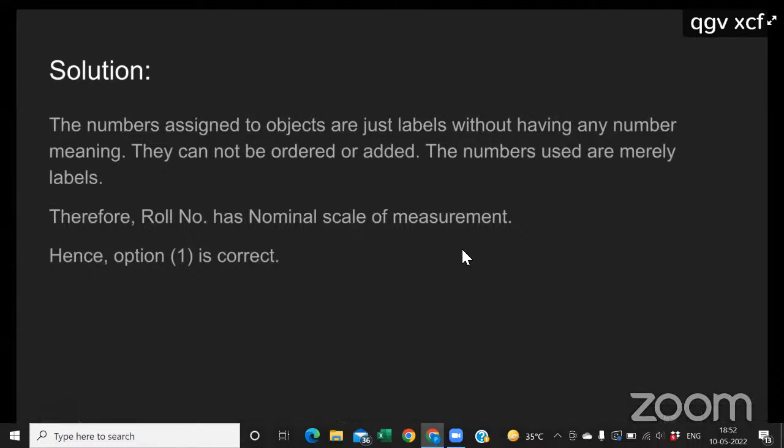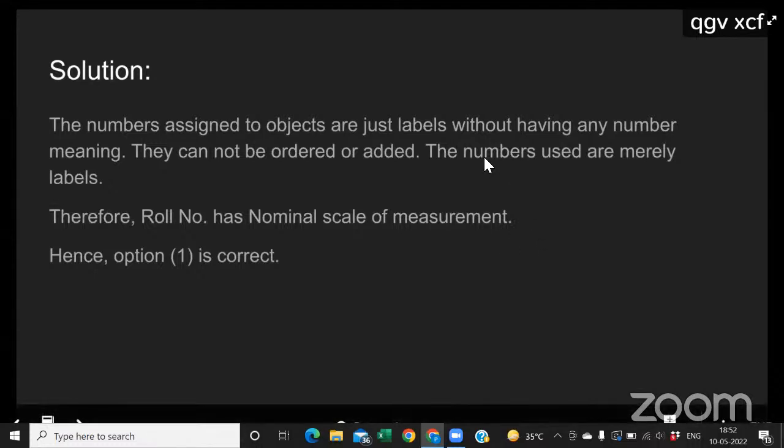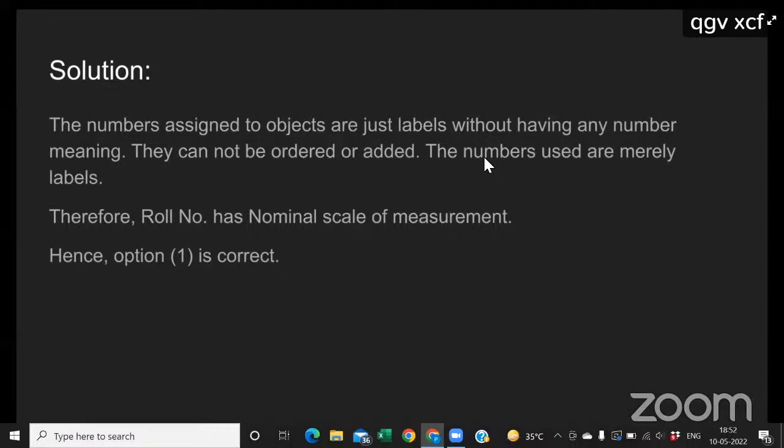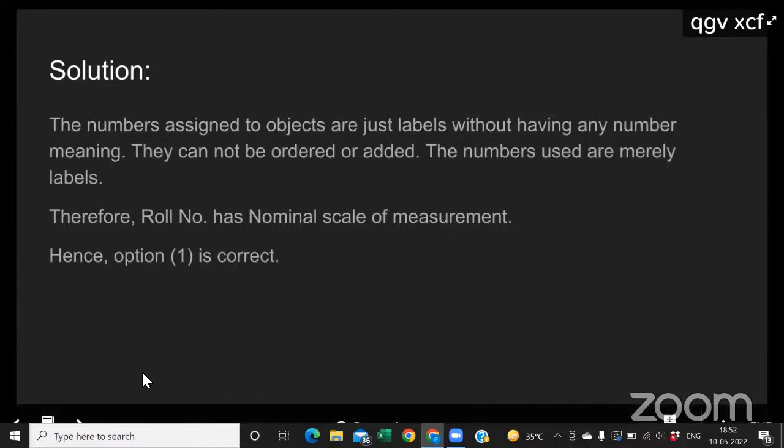Okay, ordering means you are doing the comparison. Why do you order? Order means first thing is this, second is this, third is this, or poor is this, average is this, good is this, and excellent is this. Then you are doing the ordering. Okay, then the ordinal scale will be applied there. Clear to everyone? Yes, sir.